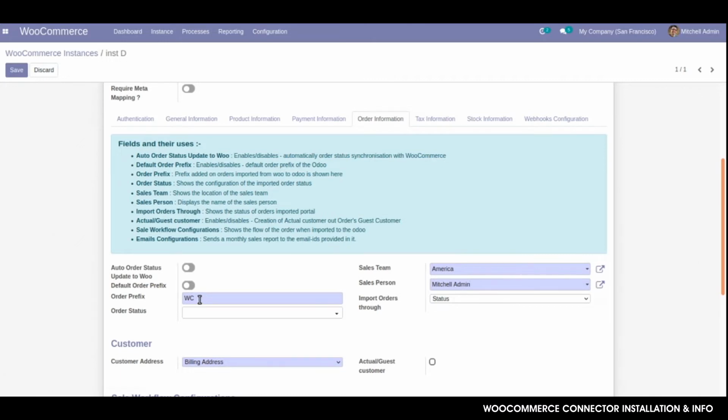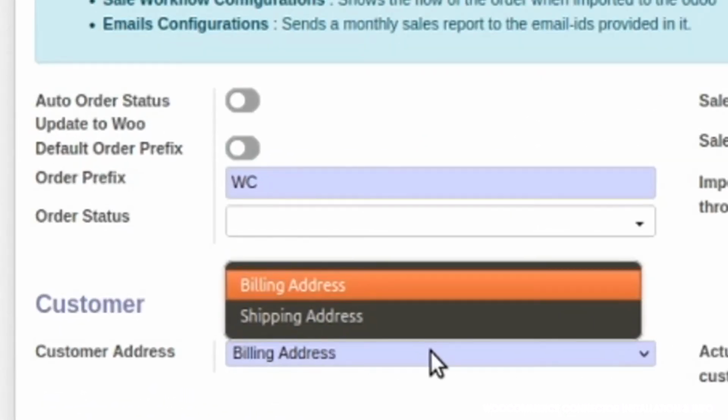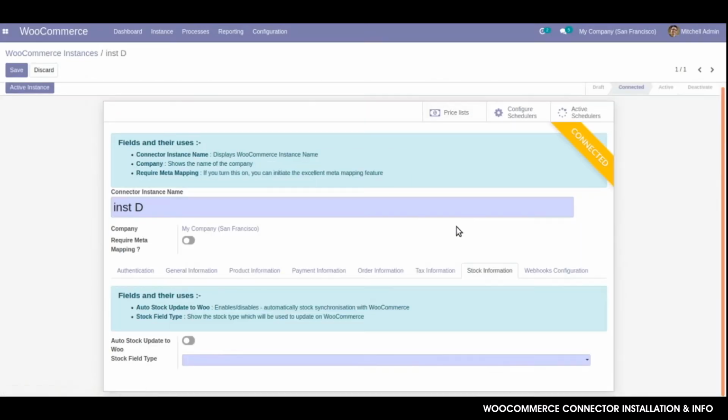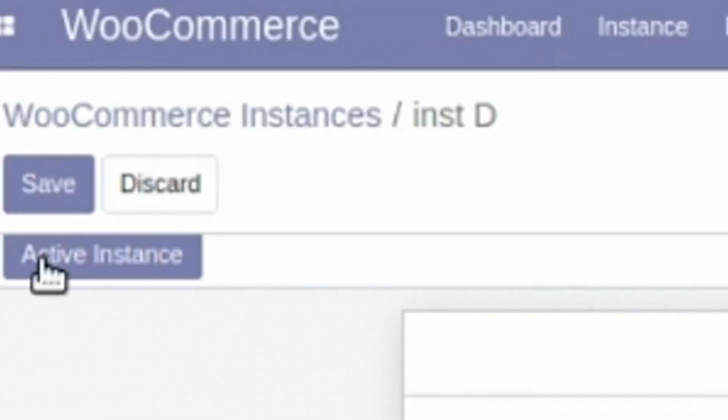I have chosen the preferred address of the customer to be the billing address. Next, we will click on the stock information and choose any of the relevant options from here. So these are the mandatory fields we need to fill before we activate an instance. Once all this is done, click on the Save button over here and then hit the Activate Instance button right